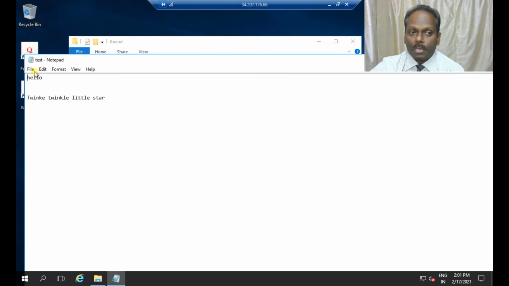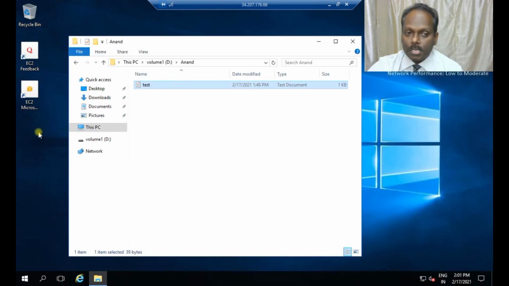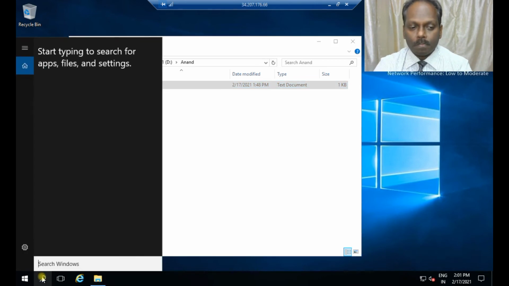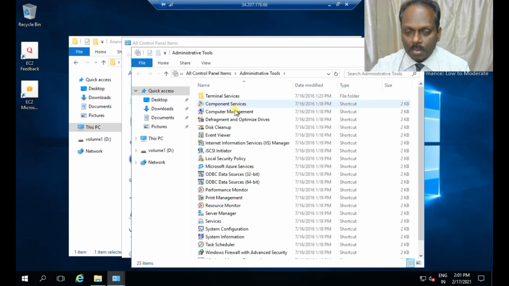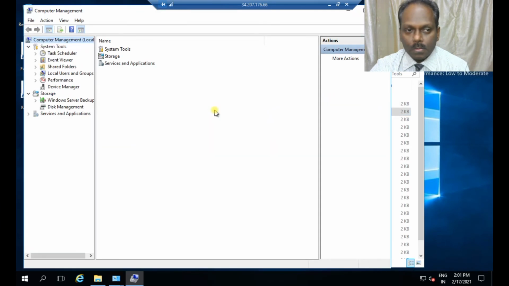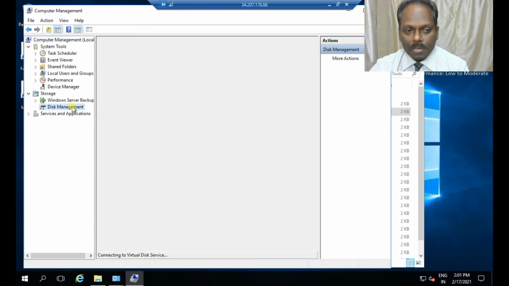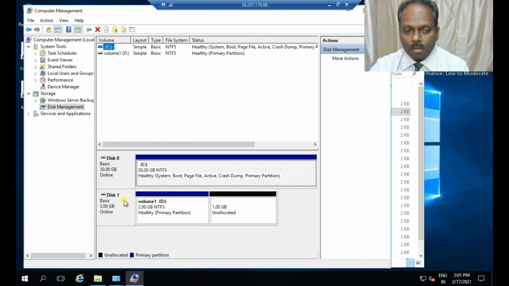But one thing you may ask me: sir, I created this for 3 GB, now it is 2 GB. What should I do? Go to control panel, tools, disk management. This is computer management. Okay, disk management. You see this is 3 GB, 1 GB is unallocated.